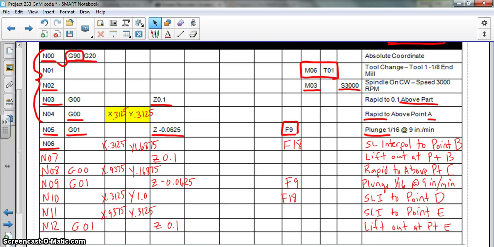CNCMotion. So here's the programming page. I finished up a bit of the lines here. I went down from line 00 to line 12. I'm going to go from point A to point E and hopefully make my first initial in the program called